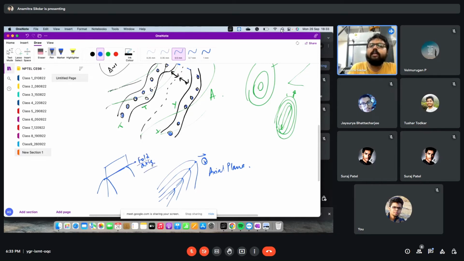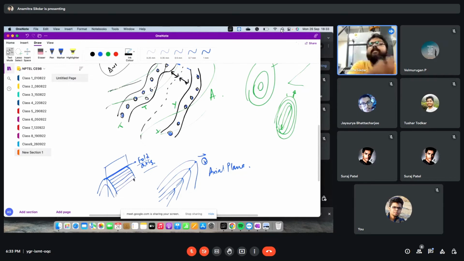We can call them fold axis, right? When the axial plane is cutting the form surface, the intersection between the form surface and the axial plane is called the fold axis. So fold axis is basically the particular line that can produce the fold